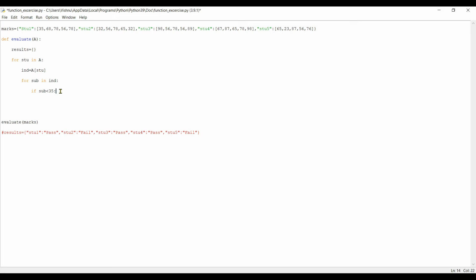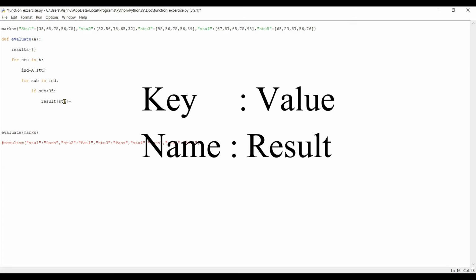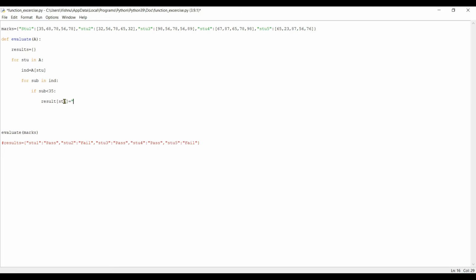So if the subject mark is lesser than 35, what we want to do is in result, first we need to store the student name. This is the student name. Then we need to store the result. If the mark is lesser than 35, we need to declare that is failed.